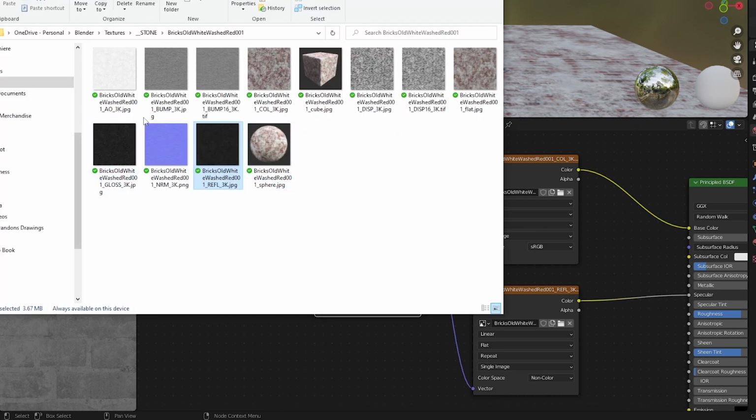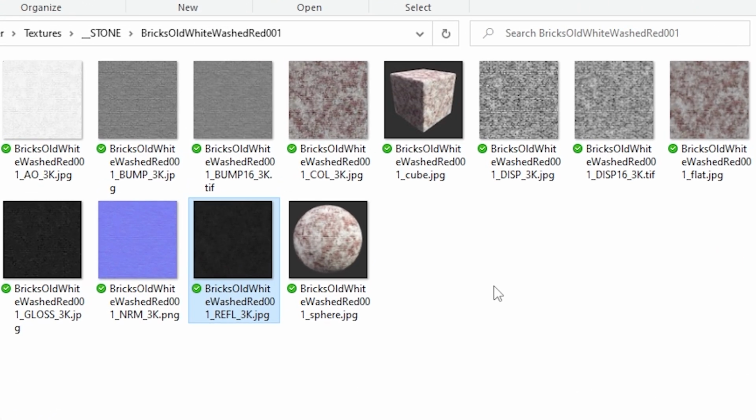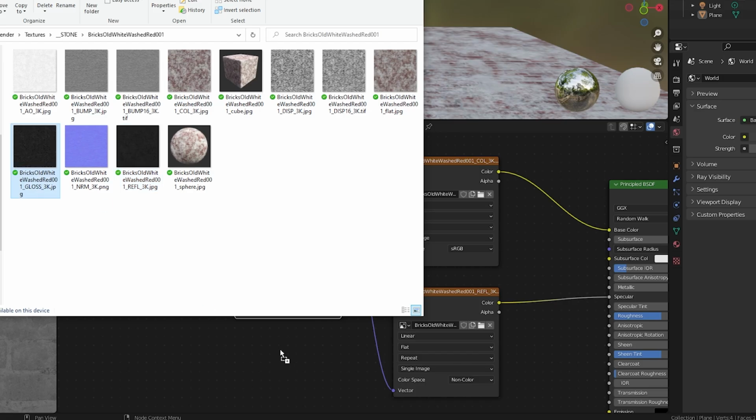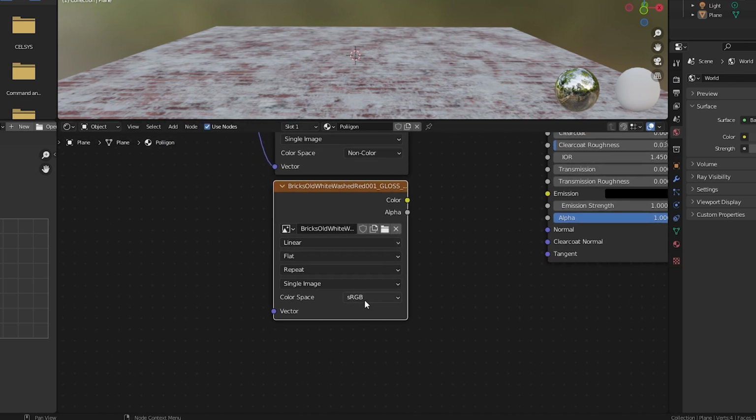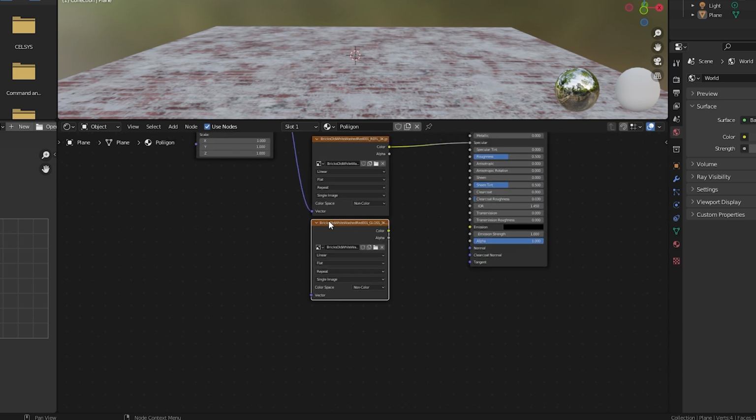Back to our material files. The next thing we want to map is our roughness. But again, there is no map labeled roughness. It's because other software uses gloss maps instead of roughness. So you don't always get a roughness map, but it's okay. I'll show you how to work with the gloss map. Let's drag the gloss map into the shader editor. We will again change sRGB to non-color because this isn't providing color information to the principled shader. It's providing black and white data. And we'll also connect it to the mapping node.